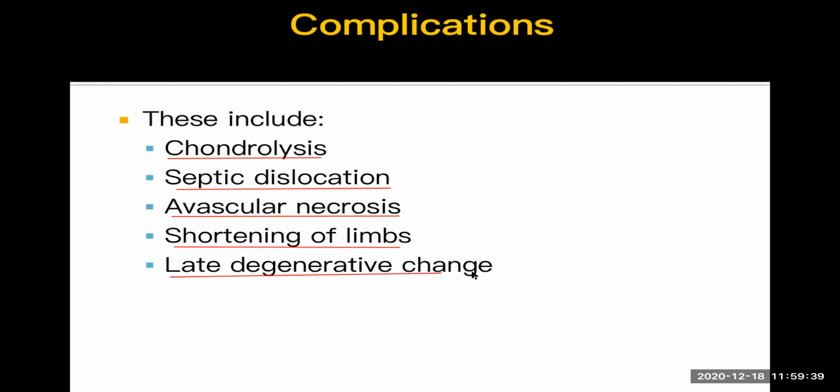And late degenerative changes can occur. This is a very important one. Even if we treat, but a bit late treatment is provided to the patient, or complete treatment is not given, because of all these damages done in the joint, later on this patient will develop osteoarthritis. See that? It is known as osteoarthritis. So this is a degenerative disease of the joint. And it is a painful condition and the joint is swollen. So osteoarthritis can be a late complication of septic arthritis. So with this, I have concluded the discussion on